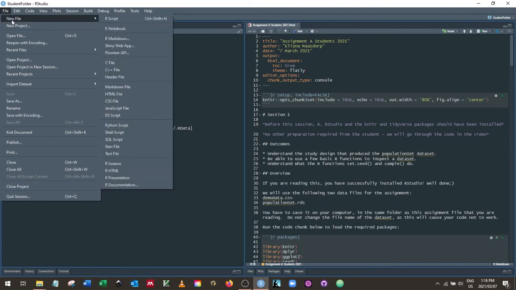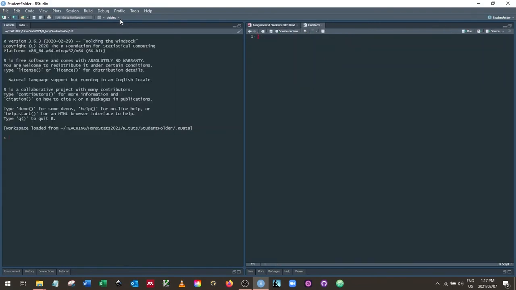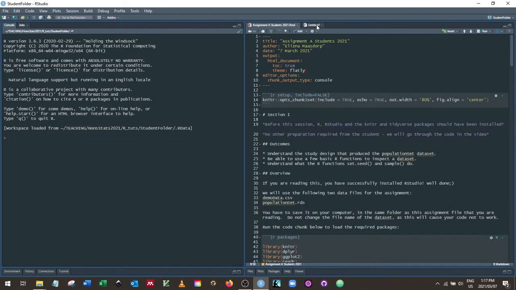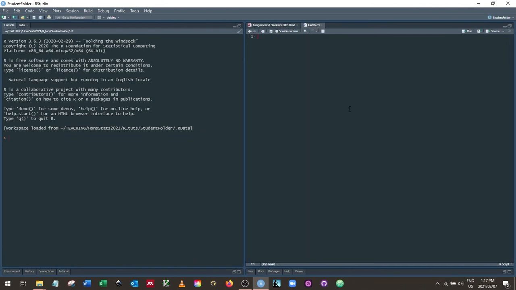If you go to File and you hover over New File, you'll see it expands and there's a whole drop-down list of files that you can possibly create. You might use some of them. If you keep on using R, you'll learn about some of them, but for now we're just going to create a new R script. If I click on that, as you can see, R automatically opens a new tab here. My other file isn't gone, it's still there, but we opened a new tab. And over here I can type,